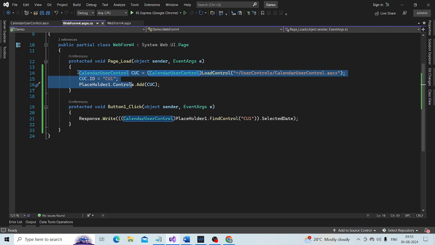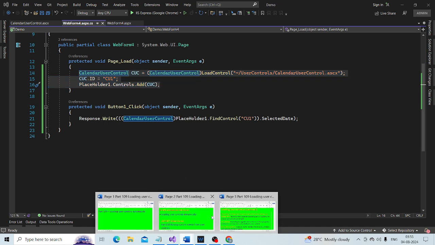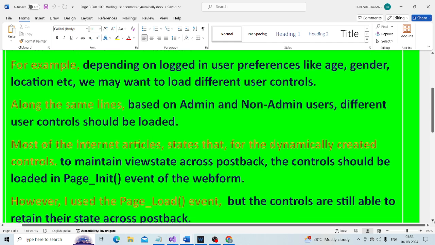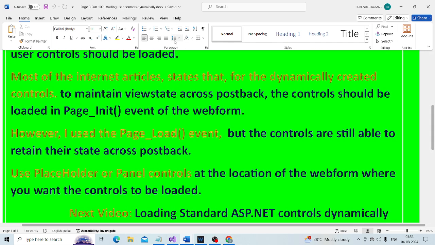Now most of the internet articles state that for dynamically created controls to maintain their view state across post back, the control should be loaded in the page initialization event of the web form.